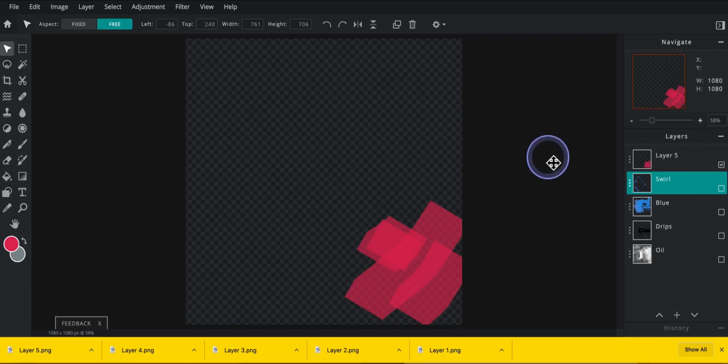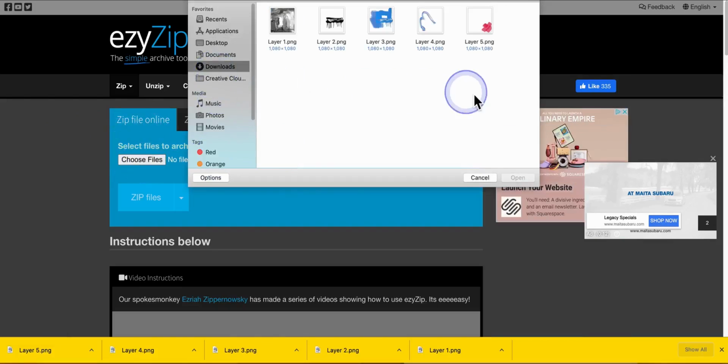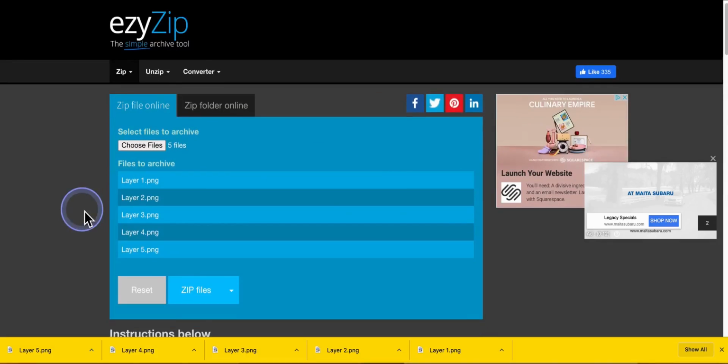Okay, so this next step is for my students who are going to be turning in their files online. So you could turn in all of your layered images to our Schoology program. Or you could come to this website right here called EasyZip, and this will zip up or bundle up all of your files into one. So I'm going to go here to Zip Files Online. I'm going to click on Choose Files, and I'm going to go ahead and grab all 5 of my PNG layers, say Open,